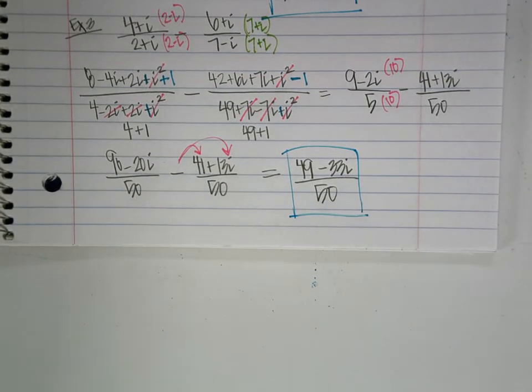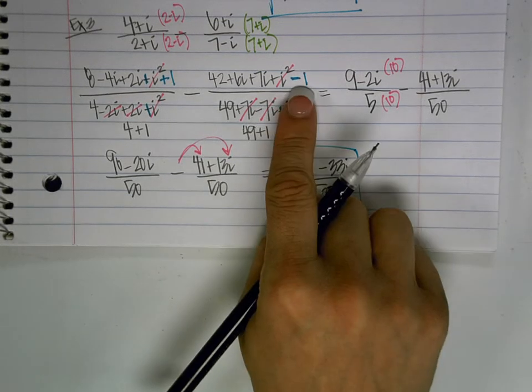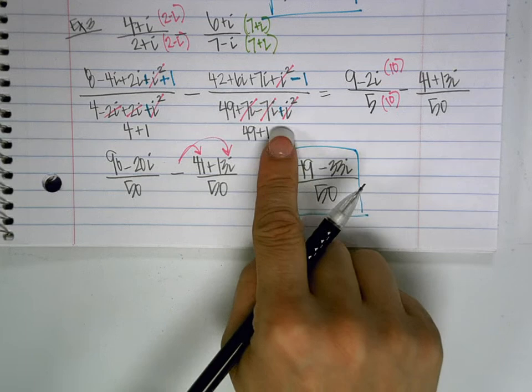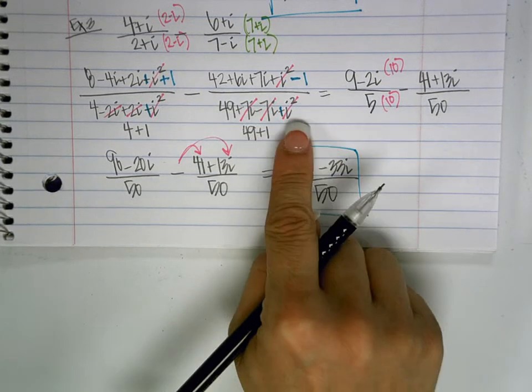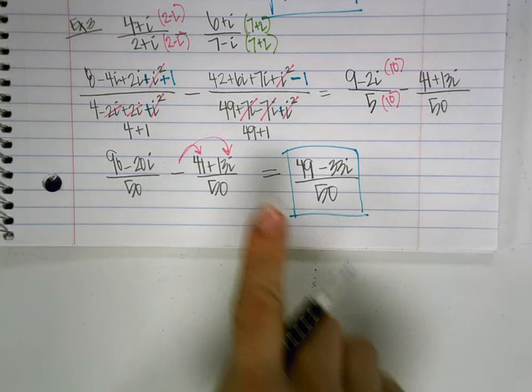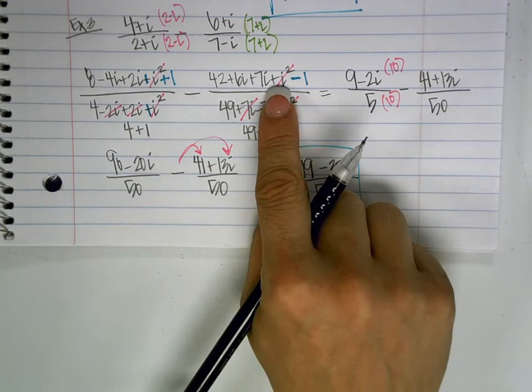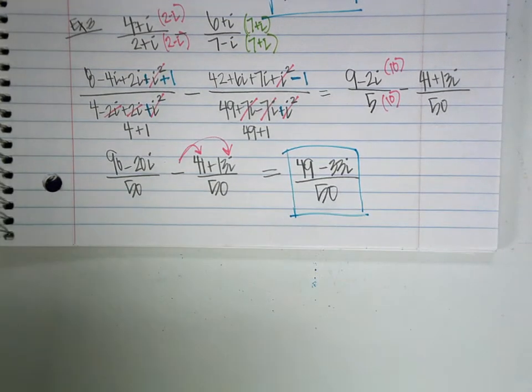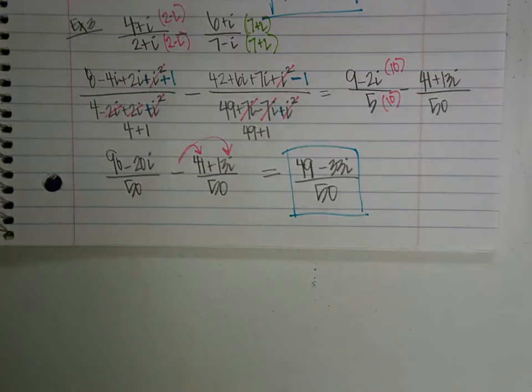Hey, listen. When you get the negative 1, how do you... Up here. Yeah, and on the bottom go 49 plus 1. Why is it plus 1? Because this was negative i squared. Negative 1 becomes a positive. This was plus i squared, so it just stays negative when you convert it. Okay, one more thing that you're going to do